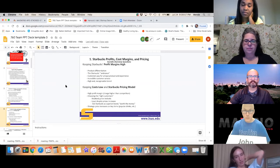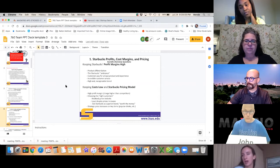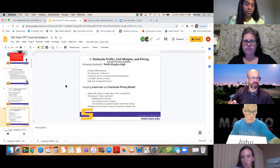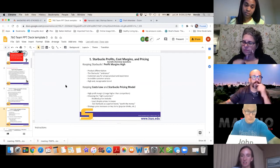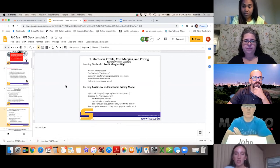On the flip side, for keeping costs low in Starbucks pricing model, they do charge significantly higher than a lot of their competitors. So if you think about how much a coffee would cost at a grocery store or at a gas station, those are a lot lower than what Starbucks charges. But that's because they have also built in that differentiated product and ambiance and a unique experience. And part of that is just choosing the right customers. They have